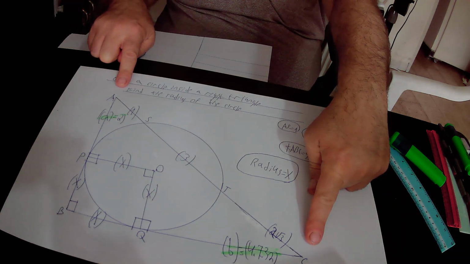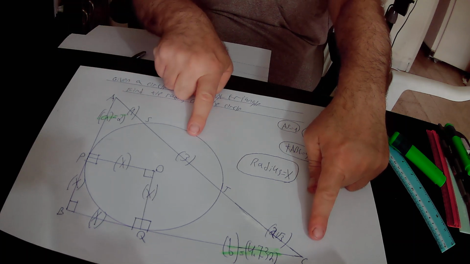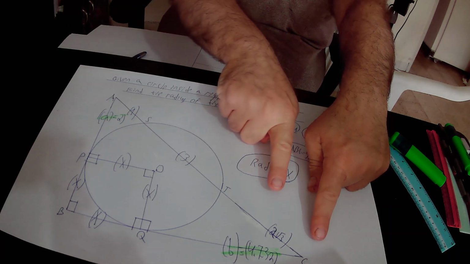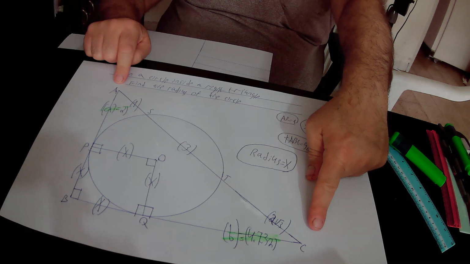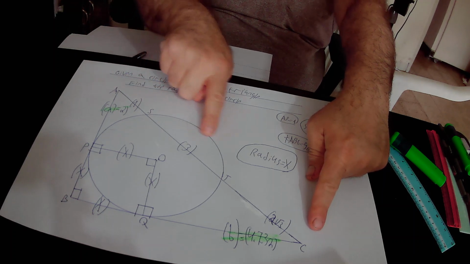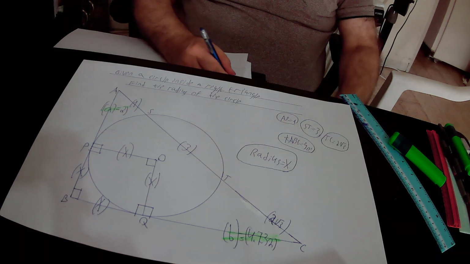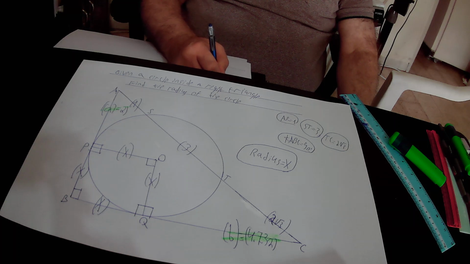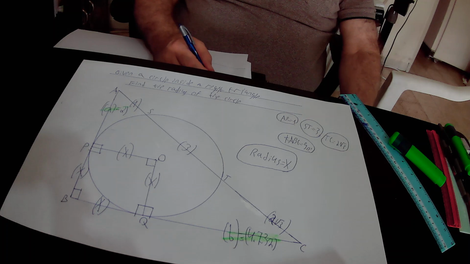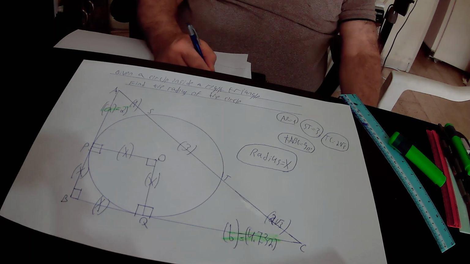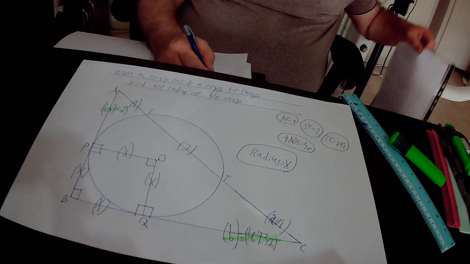From the drawing, it is very easy to see that AC in total equals 1 plus 3, that is 4, plus 2 times square root of 3. So AC in total equals 4 plus 2 times square root of 3, and therefore AC square will be equal to (4 plus 2 times square root of 3) squared,